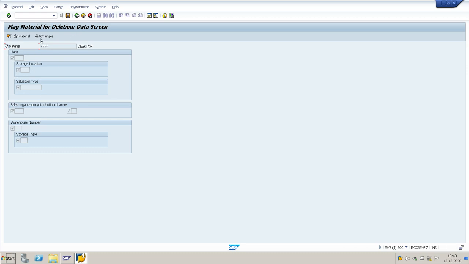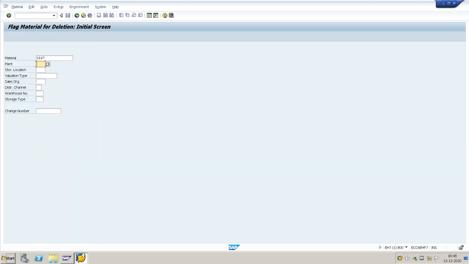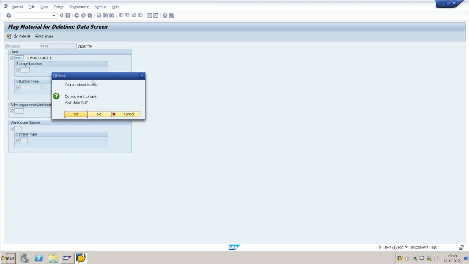If you give it without a plant, it will be blocked at the organization client level. You can give any plant. You click. This is only for plant level, plant, storage location, everything. So we can block at the storage location level also.